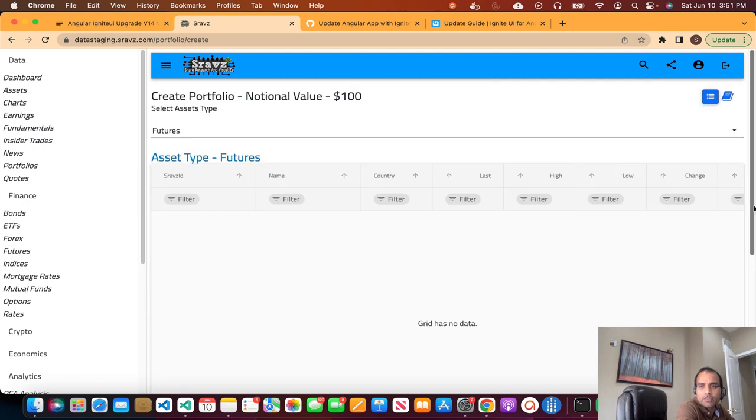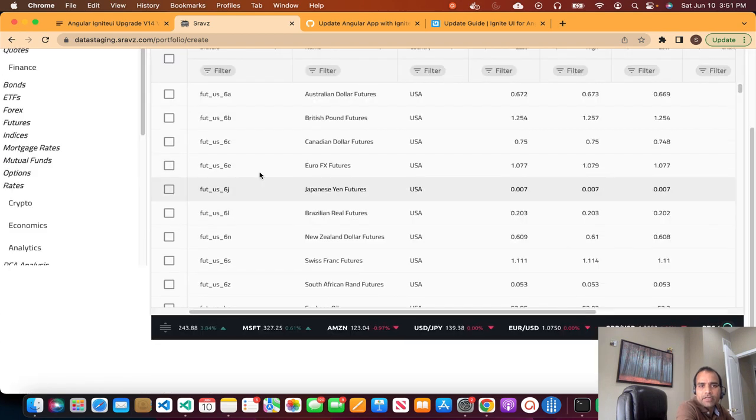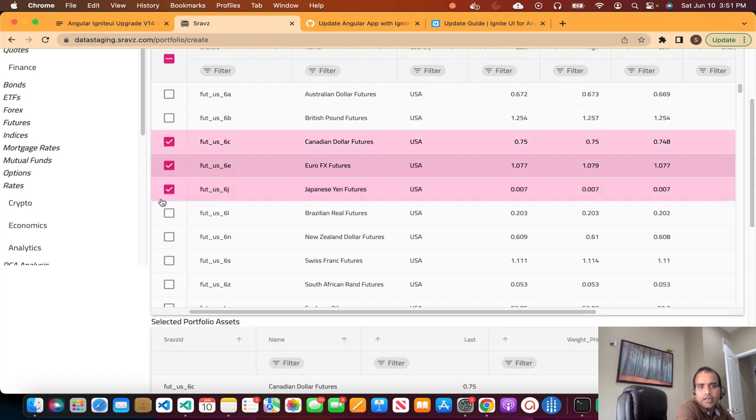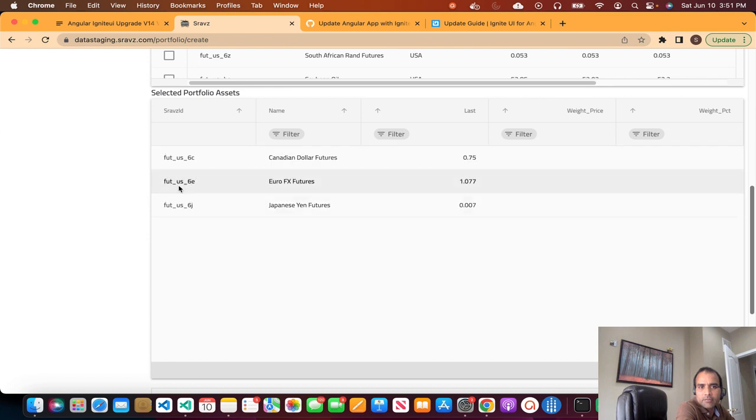For example, in the portfolio screen, if you look here, when we create a portfolio, we select a bunch of tickers, and on selection, we populate those selected symbols here as the selected portfolio